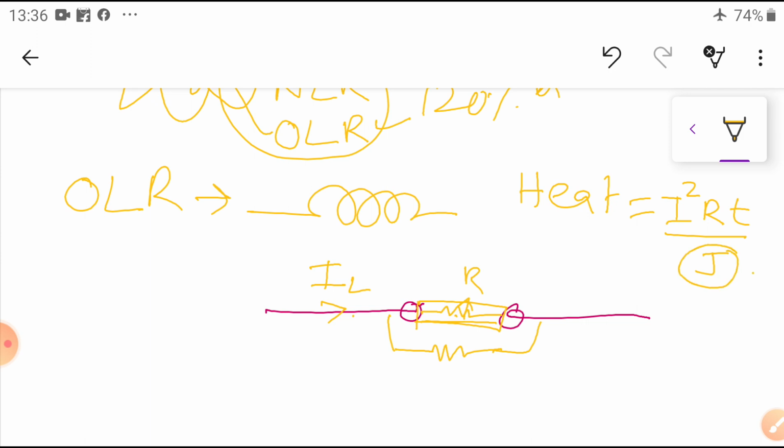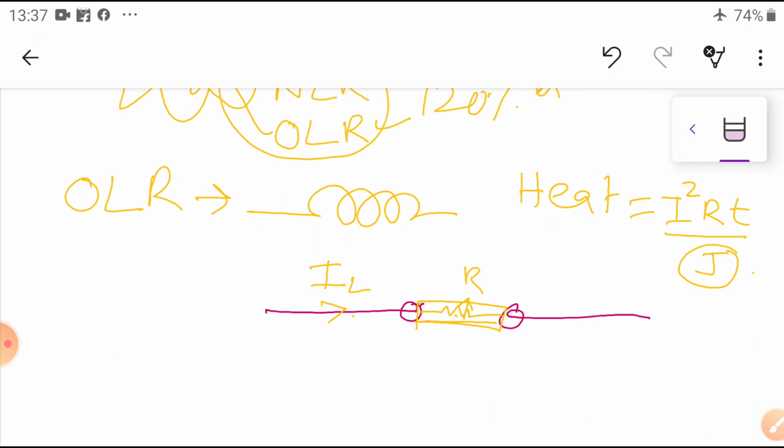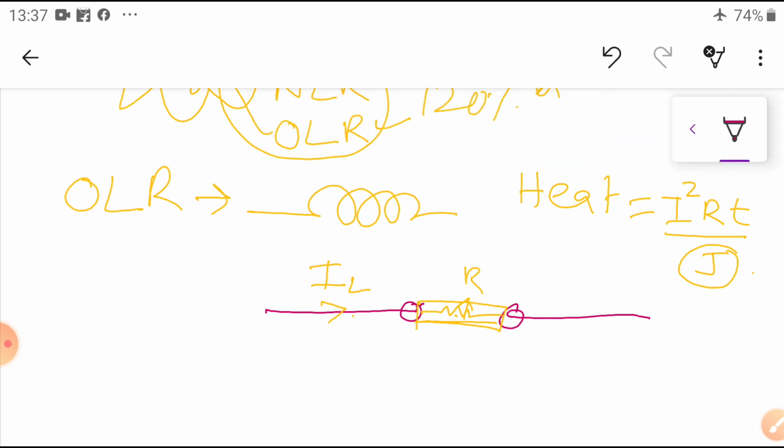Now what is happening here? Let us take the normal condition, for example, load current is equal to 10 amperes. 10 amperes current flows through the resistance R equal to 0.01 ohm.